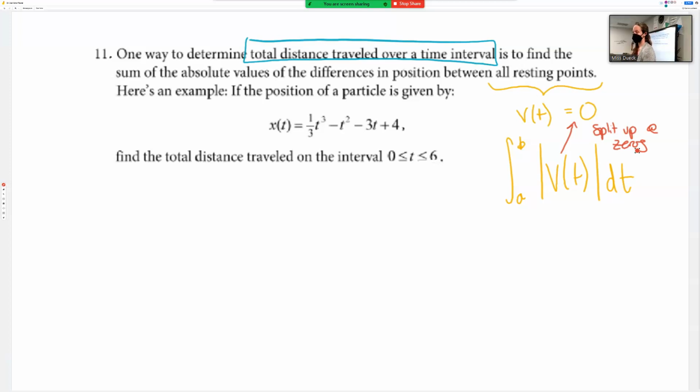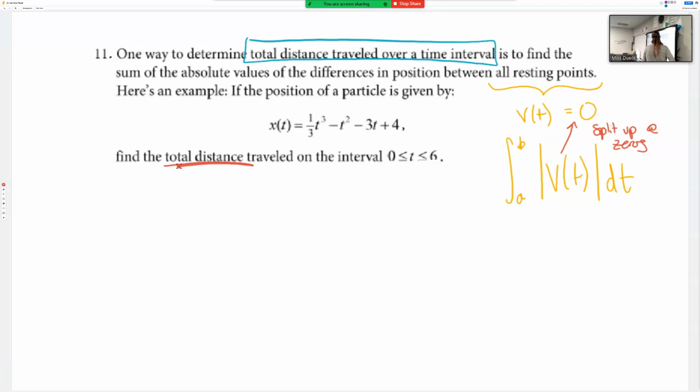What would you guys have to do? Measure to where I stopped, then add that to the next where I stopped, and then add that to the next where I stopped, and then add that to the next where I stopped. We would just get a Fitbit and say, hey, count your steps, do it yourself, right? But still, the difference between total distance traveled and displacement: total distance traveled says I need the absolute values of everybody. So check it. If I wanted the total distance traveled, this could be a horrible mess